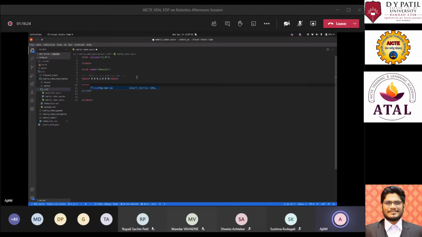If you move ahead, the next thing about a link which we need to mention is the inertial of that link. This inertial tag tells us about its mass. This tag has its own subtags, which is mass first.